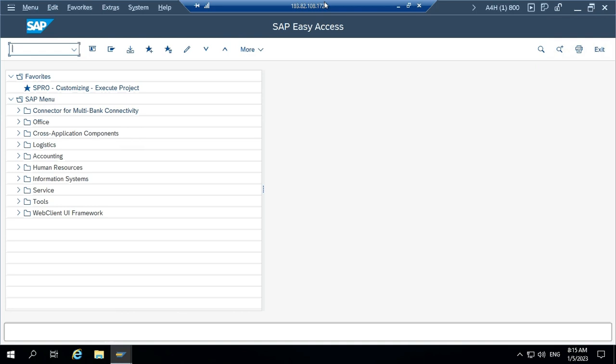Because we're not going to display a simple output. We are going to customize the output depending on the requirement. Sometimes we need to highlight a particular value with some color, and sometimes we need to highlight only a few columns. Sometimes we need to change the report headings. In the data element field label there might be some heading, but if you want a customized heading, we can achieve that through the field catalog. Okay, so